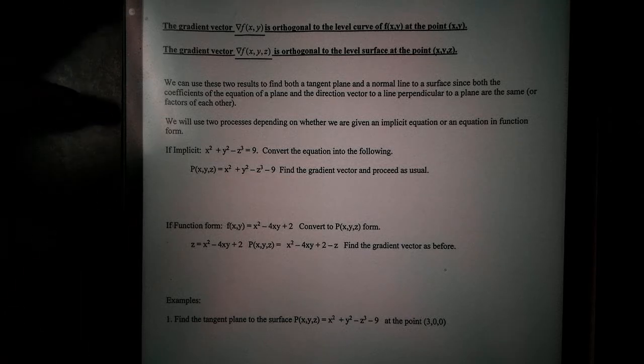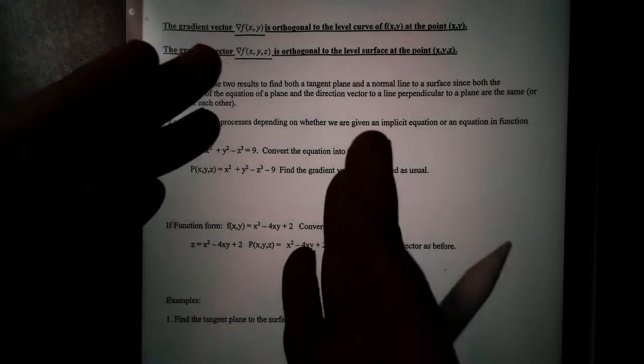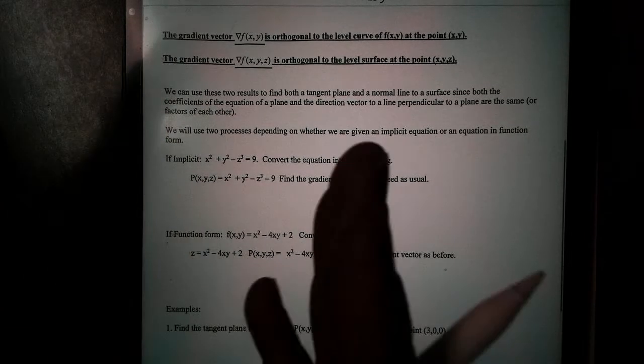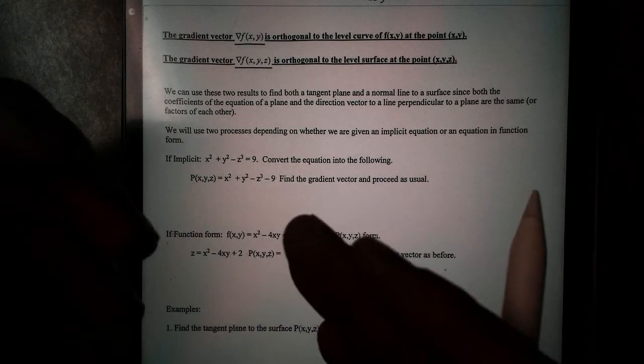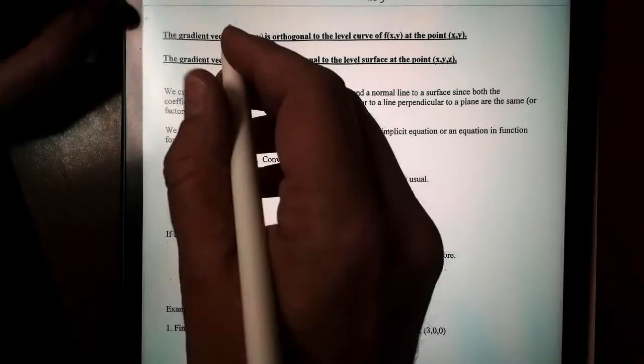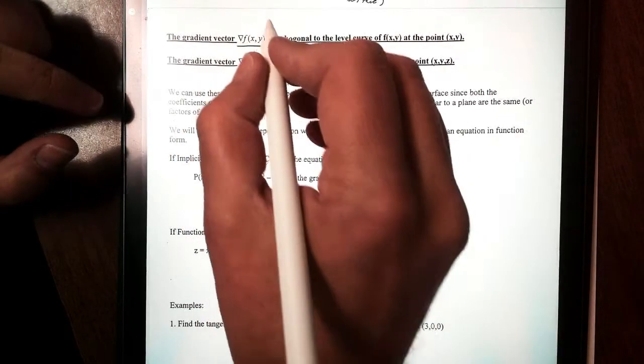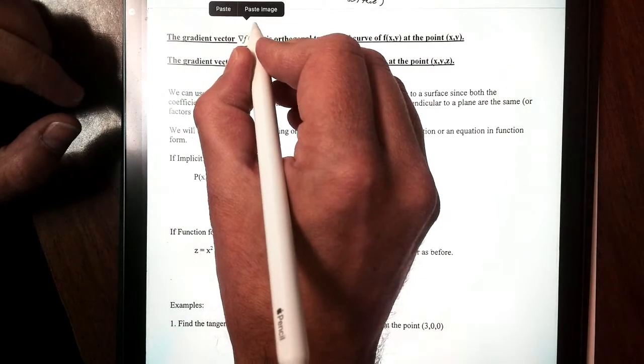Hey, welcome back. We're going to continue our discussion of the applications of the gradient and how it can give us the steepest rate of increase off a level surface. So the gradient vector, now if we look at the gradient vector of f of x, y, remember this is dealing with a